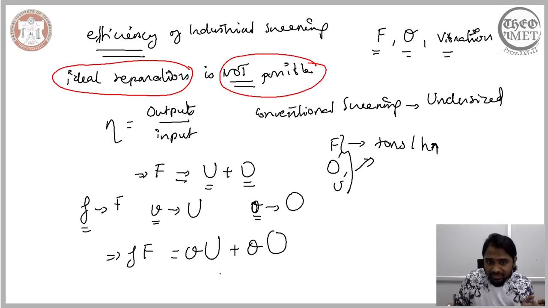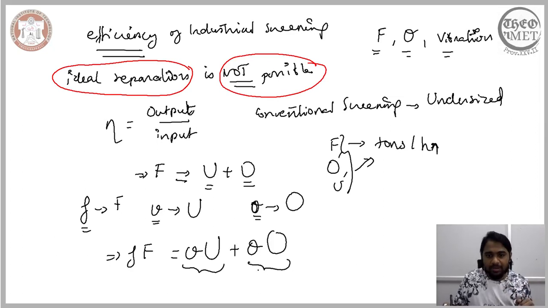Now we have categorized the fraction of the undersized particles that are collected, and we now have an expression that considers the undersized particles that are gathered along with the oversized particles. Now the efficiency is the ratio of the output to the input. Our desire is to find out how much of the available undersized particles is being separated. So our input is the available undersized particles, and the output is how much of this undersized particle we have separated. That is what our efficiency is.